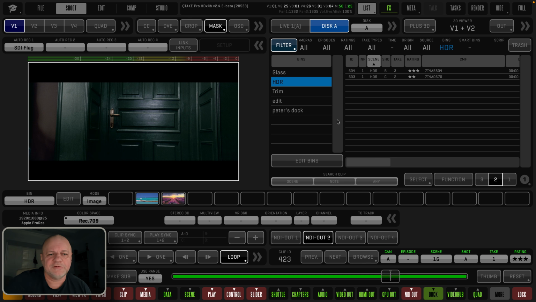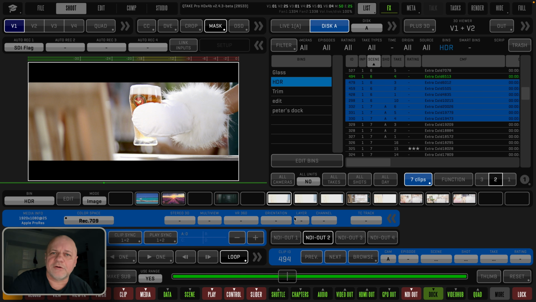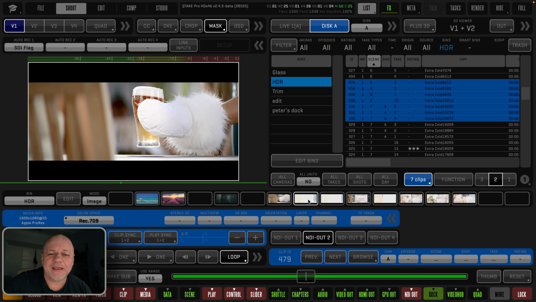Now in the HDR bin you have 2 clips, and here they show also as 2 clips. Now if you add, by long clicking the slot in the doc, another clip, it will show in the browser as well, right? So this is bidirectional. You can add clips to the bin, or you can add them to the doc, which has that bin loaded. But the actual feature that came with 2.4 is just a small feature where you can reorder those clips, right? So by dragging them, you can put them in a different place, and by dragging them further away,